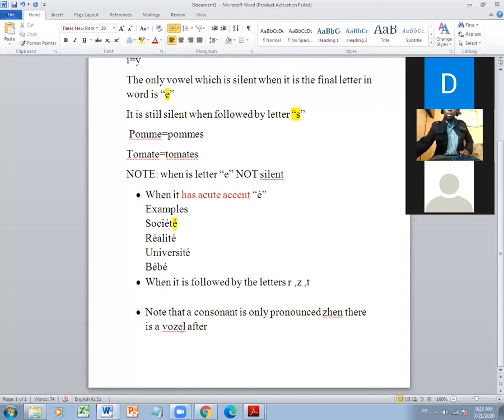So that is very important for you also to note as far as French is concerned. Generally a consonant is pronounced when there's a vowel after it. So if you don't have a vowel after a consonant, what does that mean? That consonant is silent, okay? The consonant is not pronounced, it is silent, okay? So the reason why I brought that there, so if you have